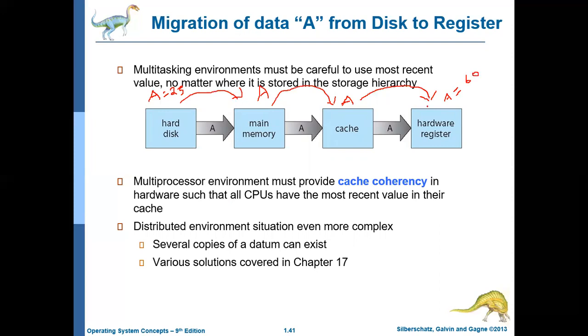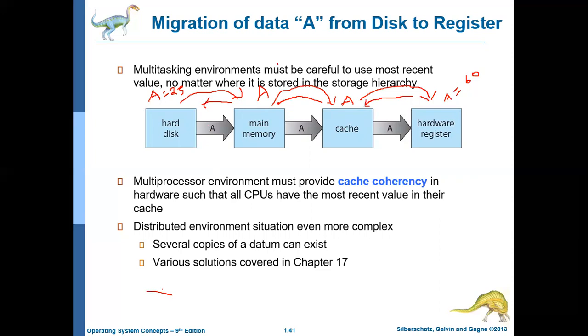Now what happens? Once that job is completed, the content should be updated. So the processor, or the operating system, will first update whatever is in register in the cache memory. So this will become 60. Now the cache memory content will be updated to main memory, so this will also become 60. Now the main memory content will be updated in the hard disk, so this will also become 60. So this is how the cache memory works.